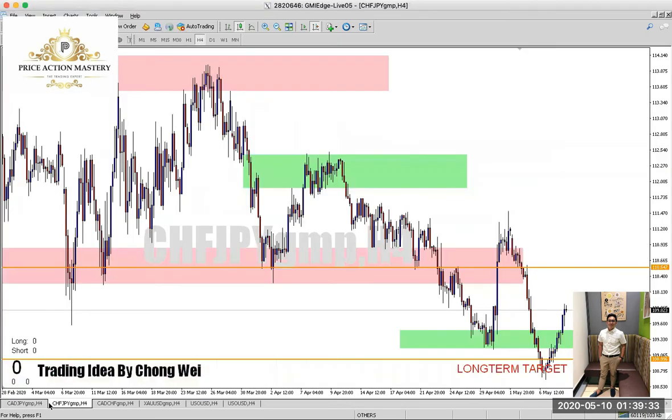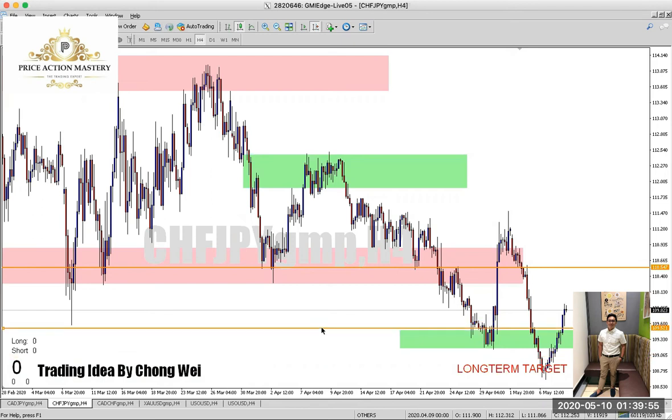Another one will be CHF JPY. Very clear that overall it is a downtrend. But what I'm seeing is that the market wanted to go up first before going down. So at this level, the market can just come here and go up. If the market performs like this for CHF JPY,